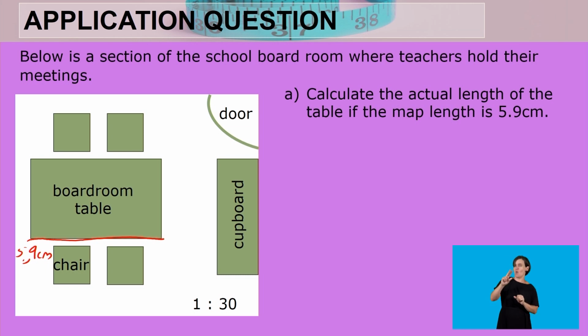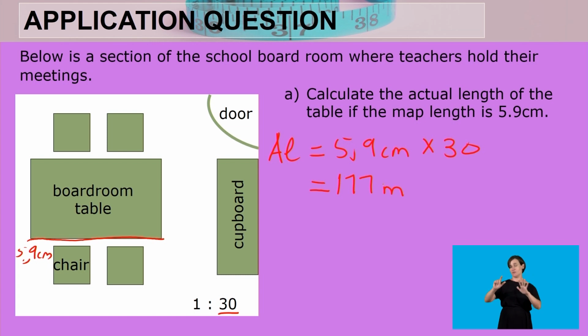So we are given the scale, and the formula that we use to calculate actual length using a number scale is: actual length is equal to the map length, which is 5.9 centimeters, multiplied by the scale factor, which is 30 centimeters. So what is 5.9 multiplied by 30 centimeters? 5.9 multiplied by 30 centimeters, we get